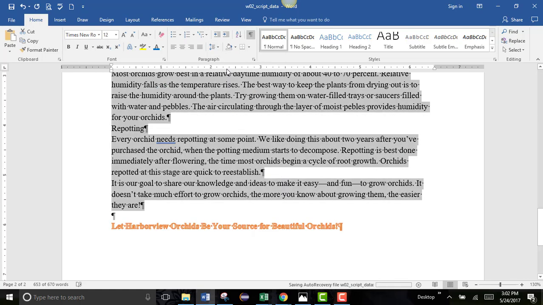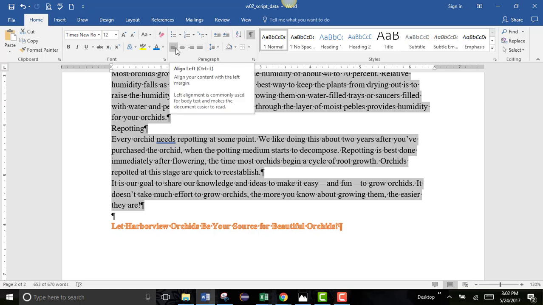Okay, next what I want to do is I want to change my alignment. So currently these paragraphs are left aligned, which means that their left side is aligned with the left margin, and that's located on the paragraph group. This would be align left. Okay, we're going to be talking about align left, align center, and align right in a few minutes,